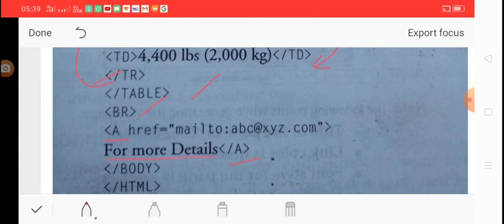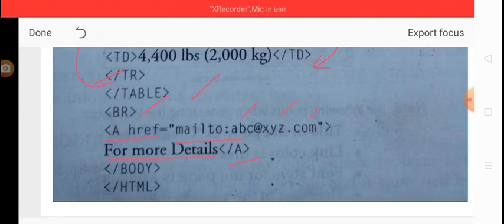And then in the opening tag we use the href attribute, and this is a mail, so we just write mailto, then a colon sign, and give the mail which is given in the question, that is abc@xyz.com.